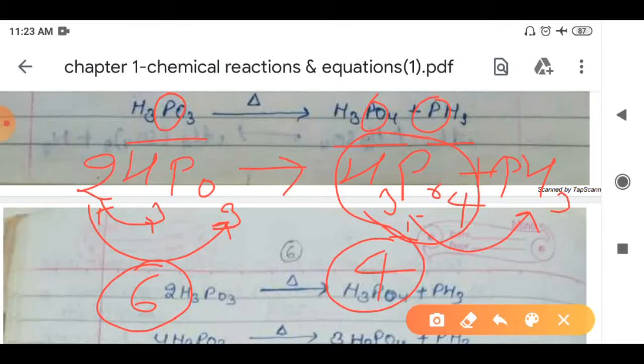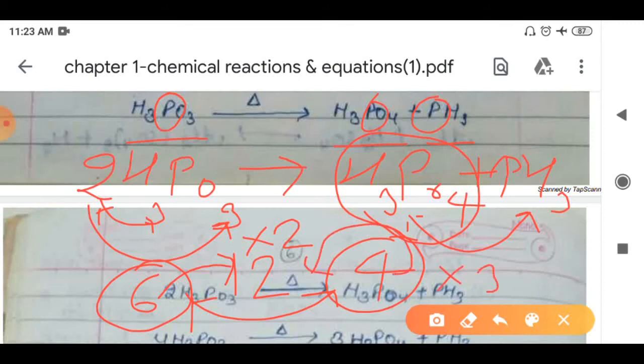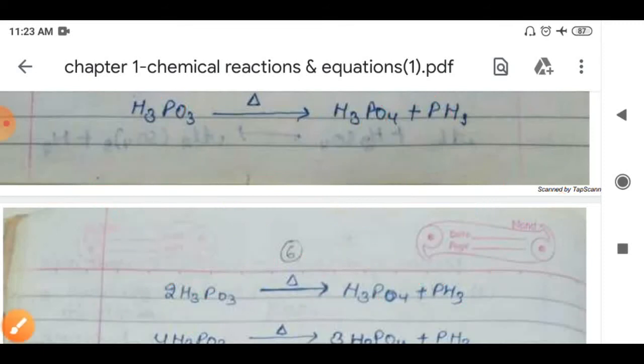Is it clear? But I told you earlier that whenever we get a different number, at that time हमें क्या करना है, इन दोनों का LCM लेना है और इन दोनों को उसी के बराबर कर देना है. अगर हम LCM लेते हैं तो 6 और 4 का LCM कितना आता है, 12 आता है. इज इट क्लियर? तो 6 को 12 करने के लिए मुझे क्या करना पड़ेगा, 2 से मल्टीप्लाई करना पड़ेगा, और 4 को 12 करने के लिए 3 से मल्टीप्लाई करना पड़ेगा. इसका सीधा सा मतलब ये है कि जिधर की साइड 6 ऑक्सीजन एटम्स प्रेजेंट है वो रिएक्टेंट साइड है, उसको मैं 2 से मल्टीप्लाई कर दूं, और जिधर की साइड 4 ऑक्सीजन एटम्स प्रेजेंट है उसको मैं 3 से मल्टीप्लाई कर दूं. इज इट क्लियर? ओके, सो लेट वी ट्राई टू मल्टीप्लाई इट.